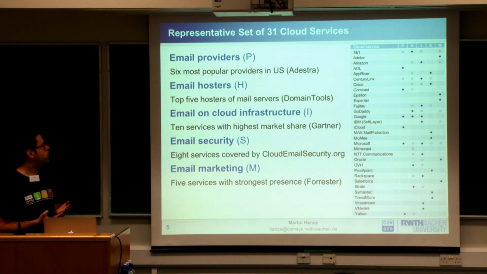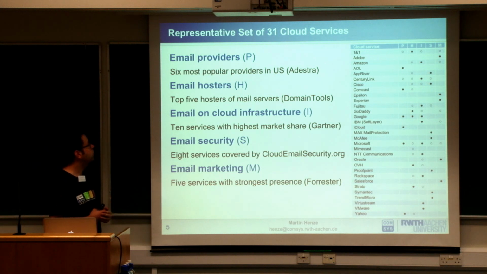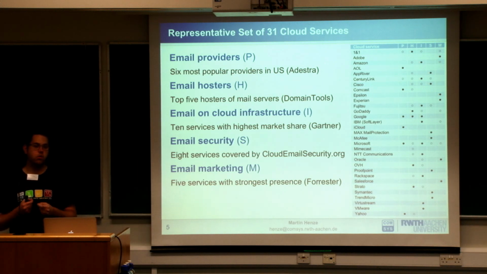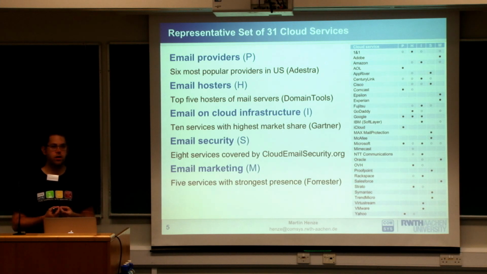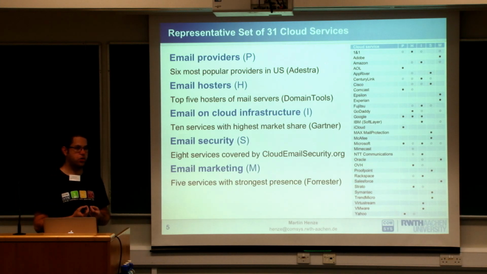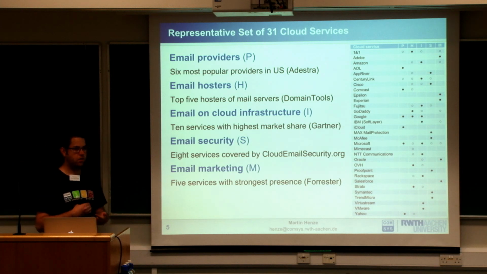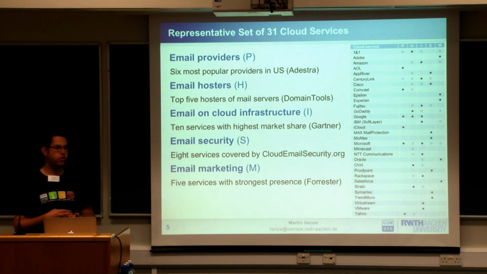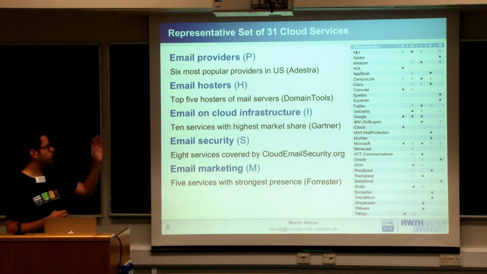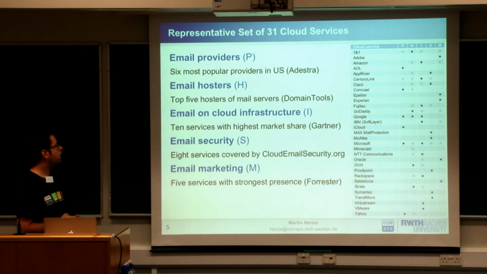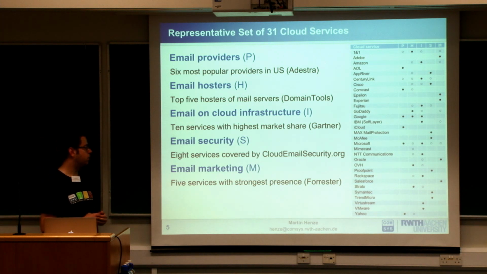So what we actually did is we took the categories I showed you before, and we tried to figure out what is the most important one for each category. It's essentially a combination of a literature study, reading a lot of white papers, and looking at statistics to figure out which are the huge ones. In the second step we used a random subset of our data and verified that we didn't miss anyone. It's not very important to look at the table, it might be a bit small, but what you need to keep in mind is that for each of these, we cover the most important providers, and there's no provider missing, at least for the random subset that we sampled.